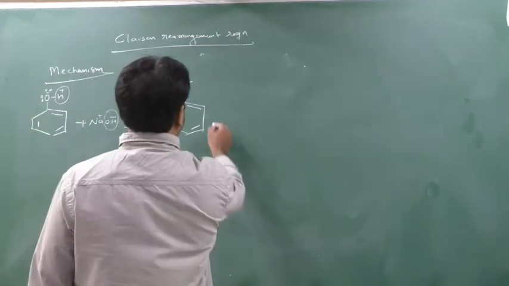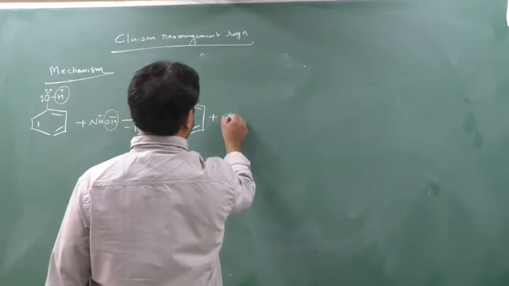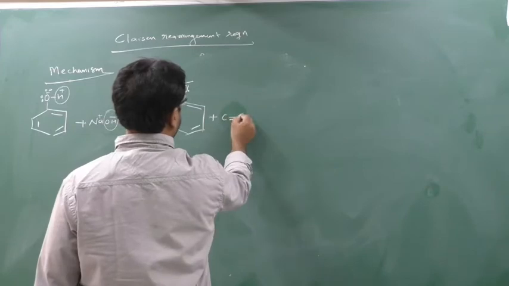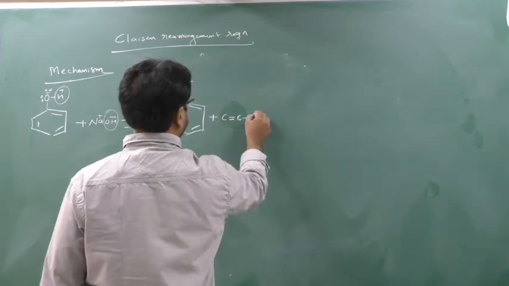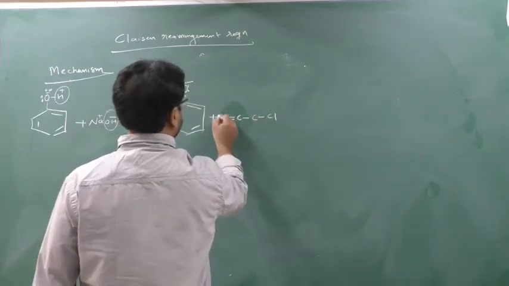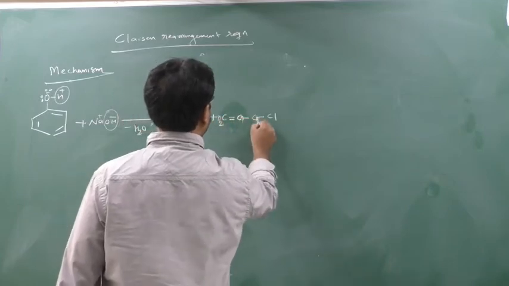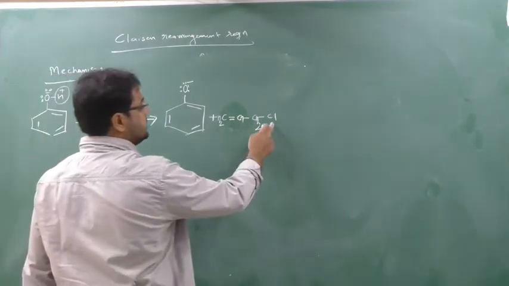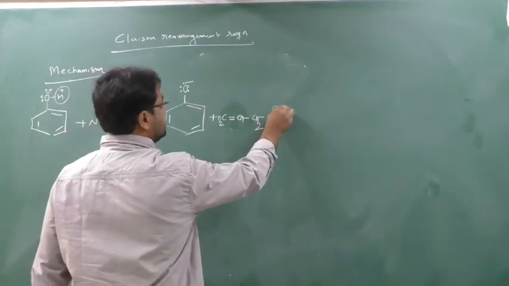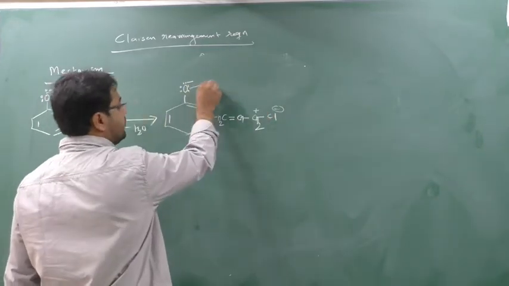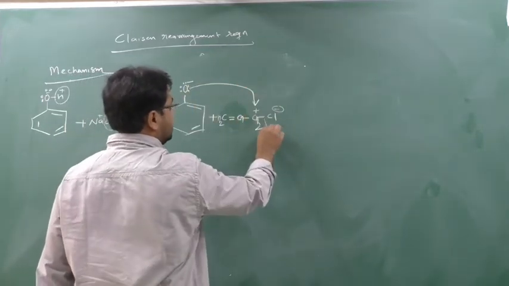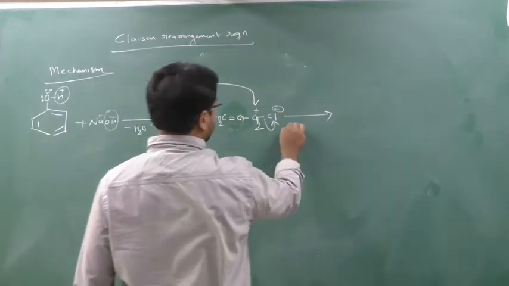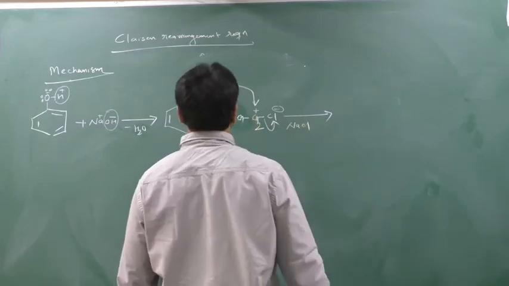Now here allyl chloride will come into the picture. Sorry, not acid chloride. Here it will be allyl chloride, so C double bond C, Cl, CH2, 1 2 3 4. So this will come into the picture now. This is chlorine with a minus charge, and this whole part has a plus charge. Out of 3 lone pairs, 1 lone pair will be donated to this CH2, and the bond will break as Cl minus. So this Cl minus will be released, and here Na plus is there, so NaCl will be generated.